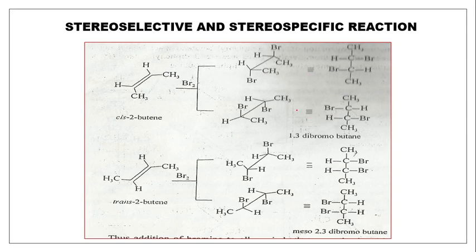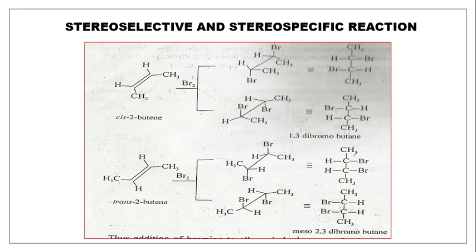Now why is it a stereoselective reaction? Stereoselective because in reactions in which the product can have different stereoisomers, like these 1, 2, 3, 4, any one of the stereoisomers is selectively formed. That is, it is either the meso or the DL product. So any one of the products is selectively formed. Now it doesn't have any relation with the stereochemistry of the reactant in a stereoselective reaction. So that's why this is a stereoselective reaction.